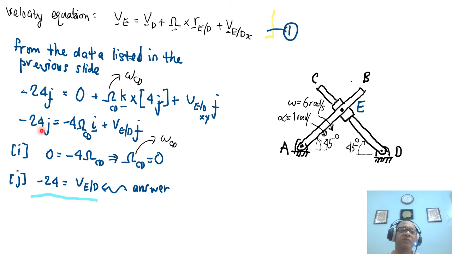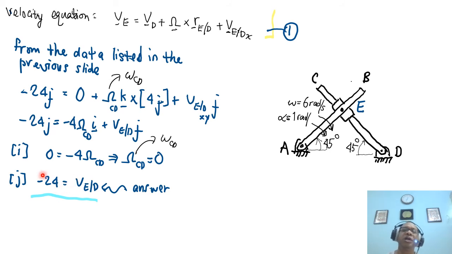So it's minus 24J equals minus 4 omega I plus the relative velocity. So we can solve the I parts and the J parts. When we solve the I parts, we will get that omega CD equals 0. And for the J parts, VE relative to D is minus